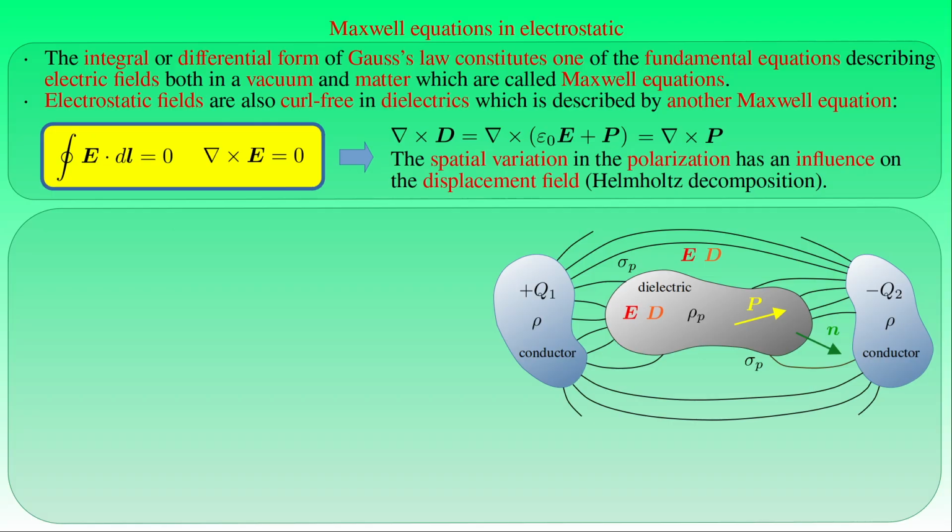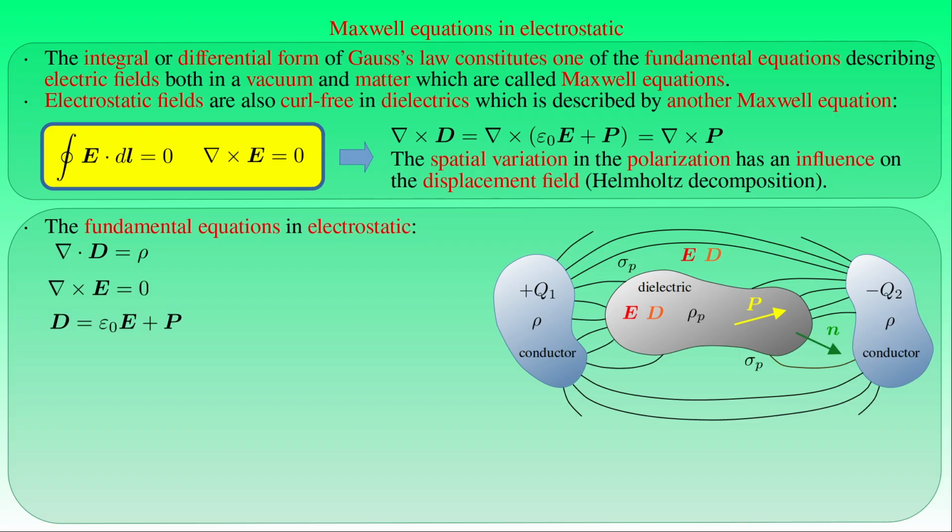Then the general form of the fundamental equations in electrostatics consists of the two Maxwell equations stating that the divergence of the electric displacement D is equal to the volume charge density ρ of the free charges, and that the electric field E is always curl-free. Here the relation between the vector fields E and D is described by the equation stating that the displacement vector D is equal to the product of the vacuum permittivity ε₀ and the electric field strength vector E, plus the polarization vector P. We need to supplement the two Maxwell equations with the other three equations describing the polarization